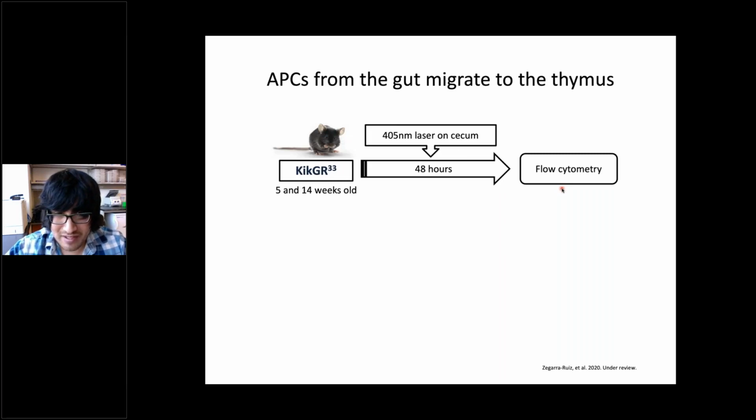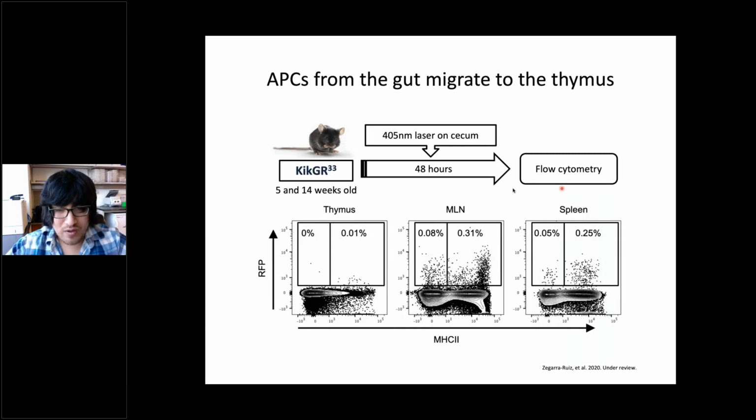Where are they in these mice? Can they leave the cecum and go somewhere else, or were they all just remaining in the cecum and no migration happened? Interestingly, we find in both, in mice at 5 weeks of age and at 14 weeks of age, and we're